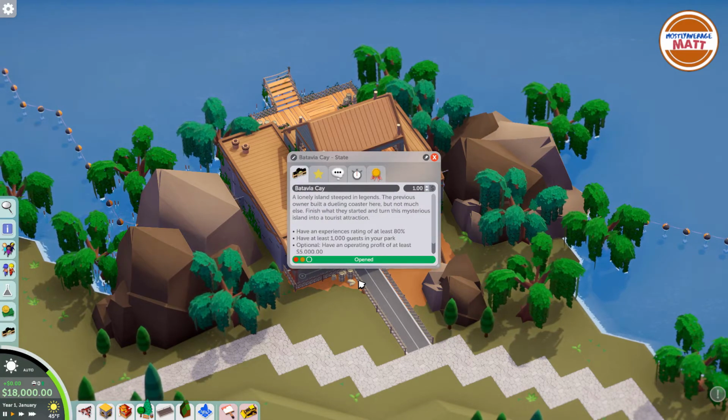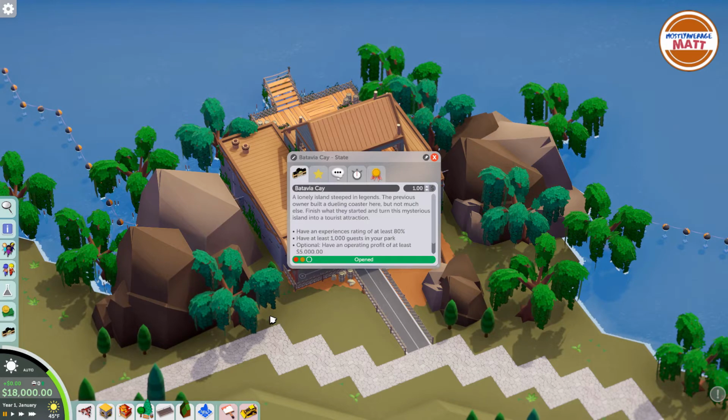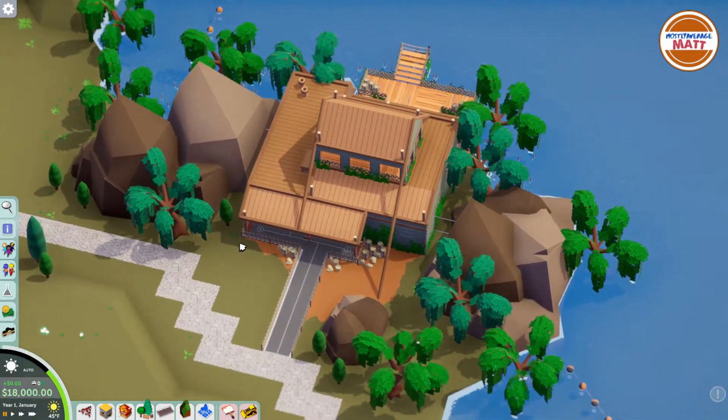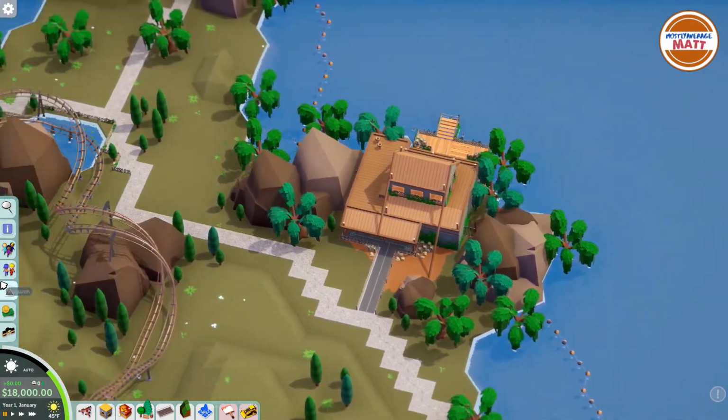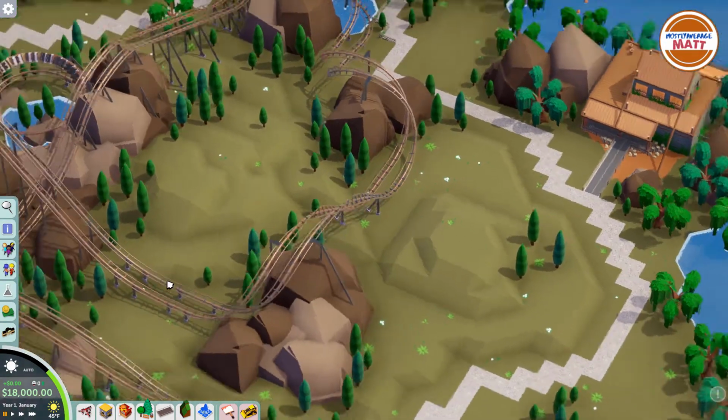Alright, so the park is not open. Let's go ahead and pause this to make sure we know what's going on. Our optional goal, you don't get anything for that. That's probably just to make it a little bit harder. But really, having 1,000 guests in your park, that's a lot of guests, especially for my computer, which doesn't seem to like a lot of things. But we do have,